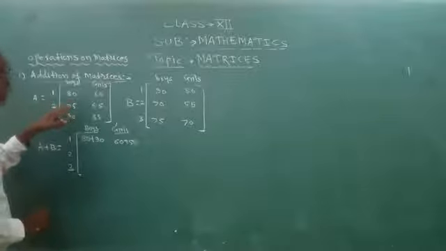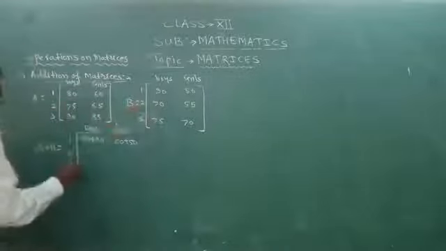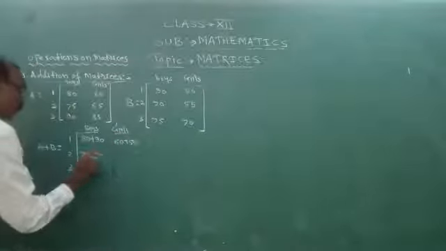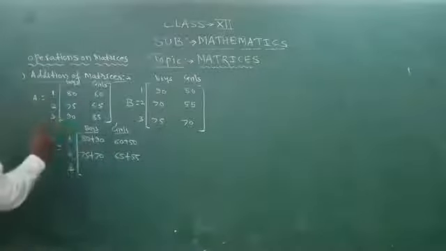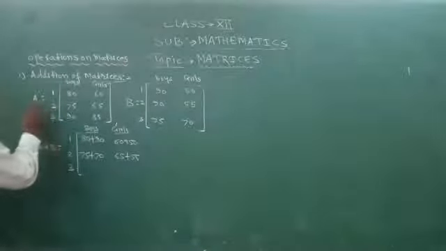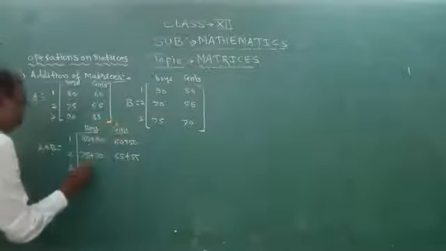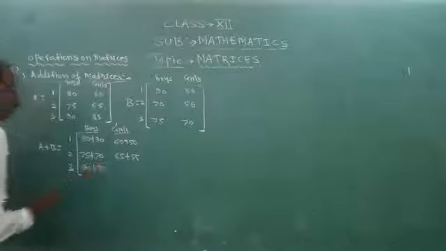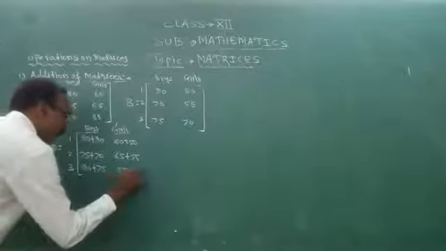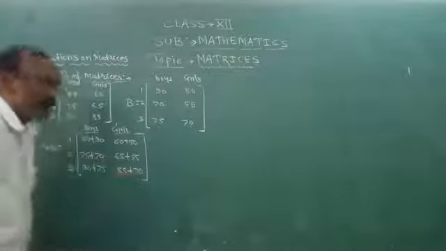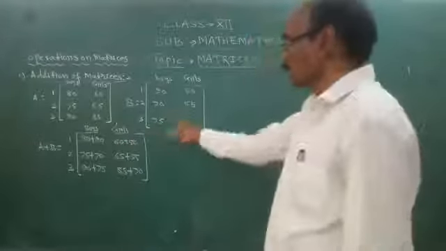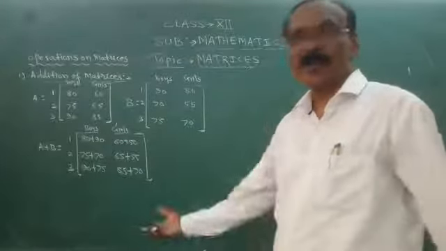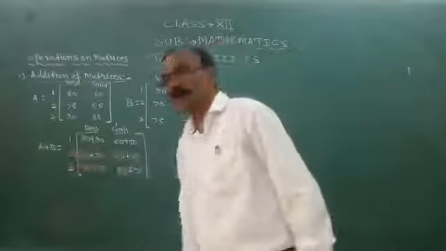For price category 2, the number of sports shoes produced for boys by both factories will be 75 plus 70. For girls 65 plus 55. For price category number 3, sports shoes for boys from factory A and factory B will be 90 plus 75, and for girls it will be 85 plus 75. So in this way he will add the total number of shoes for boys and girls produced by factory A and factory B for these 3 different price categories.